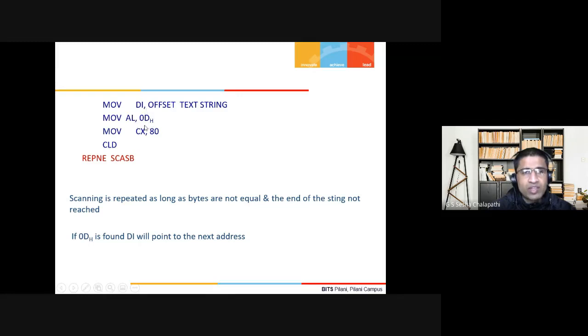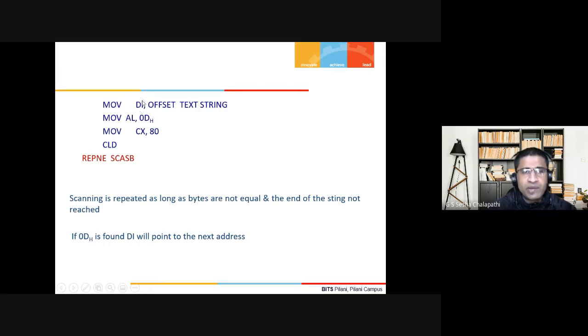We want to check whether 0D is present in this string. You do a CLD, which clears the direction flag, and therefore DI will be incremented.